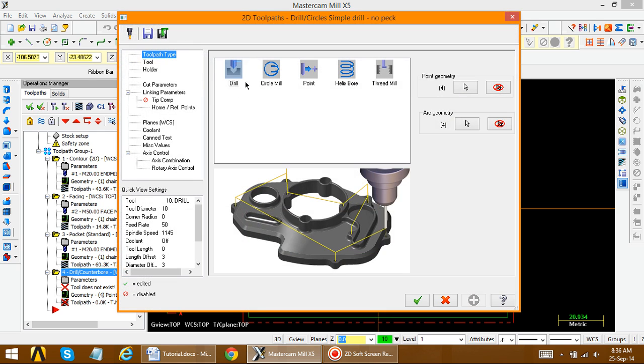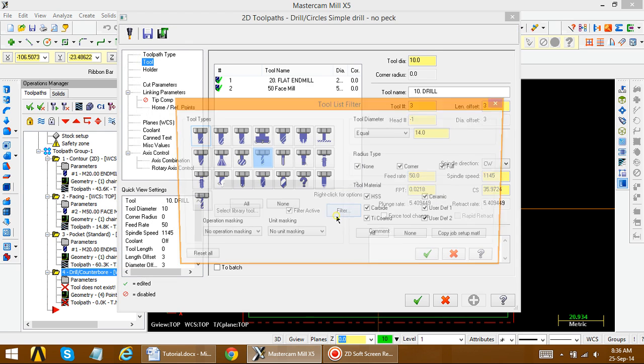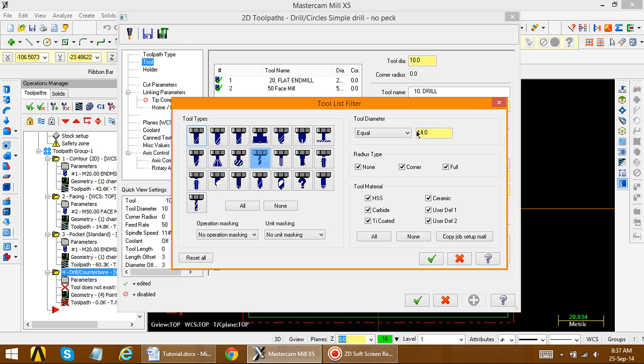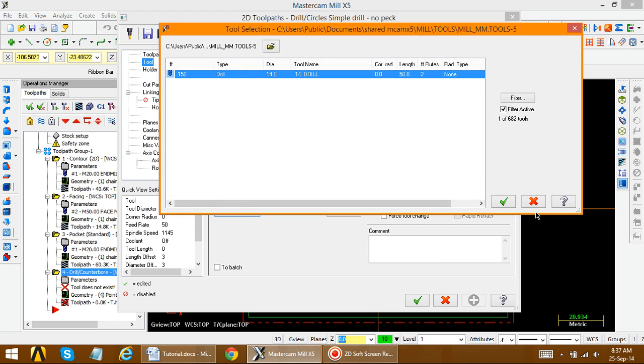Now drilling operation is selected. So tool, so to filter, so drilling of 14 is taken automatically by the software, that is Mastercam. Okay, either you perform a spot drill or a simple drill, it depends on you. Suppose we selected the simple drill. Okay, now select library tool, the 14 is available here.